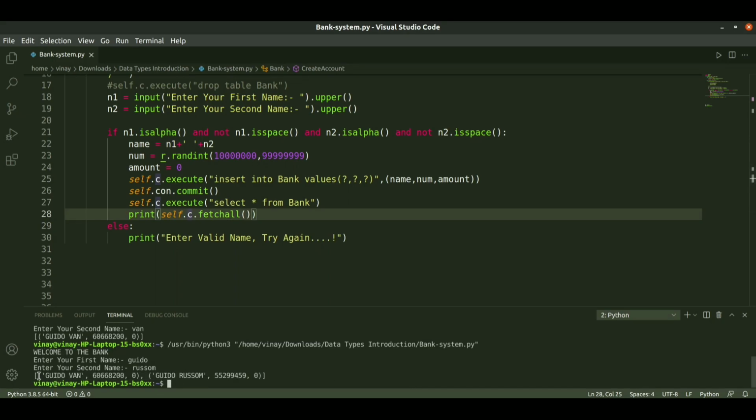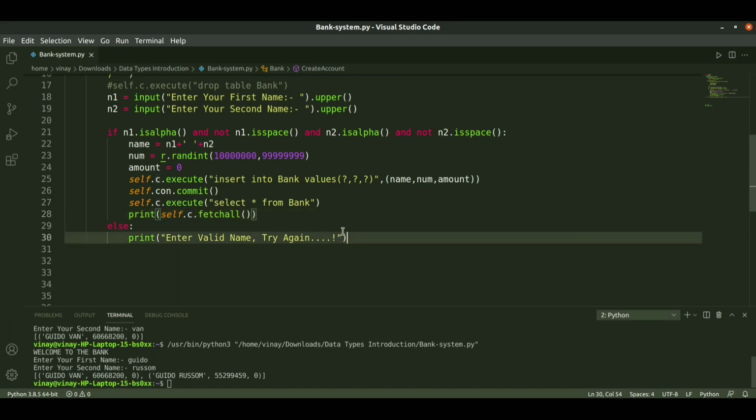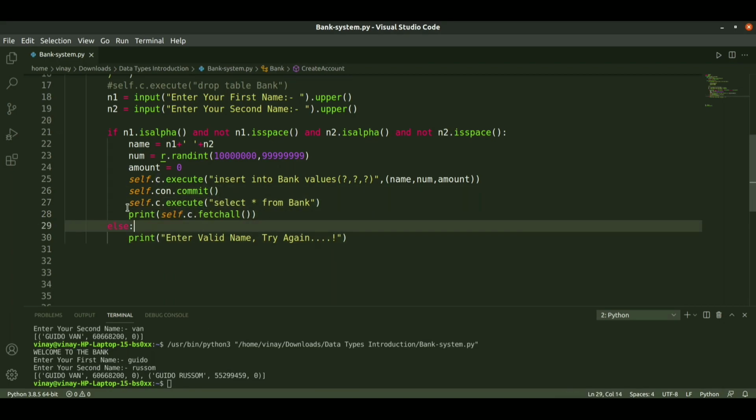So this is the list, and inside the list these are the tuples. We got the entries, and in each tuple we passed the parameters as account holder's name, account number, and balance. So this is how it works.